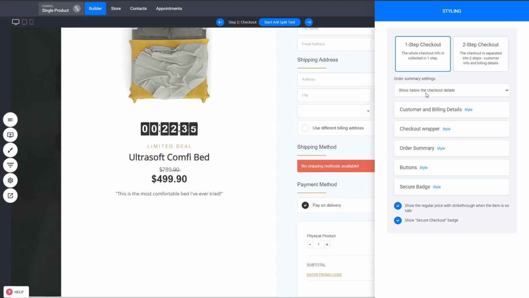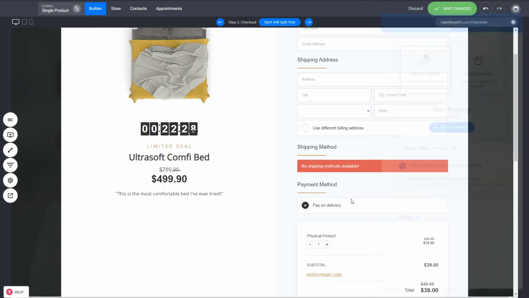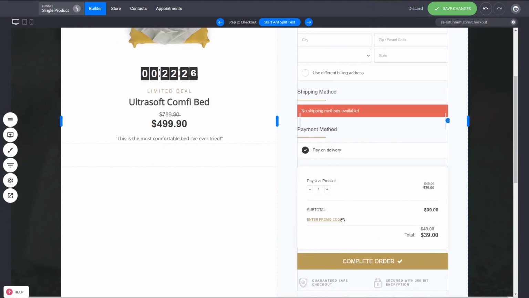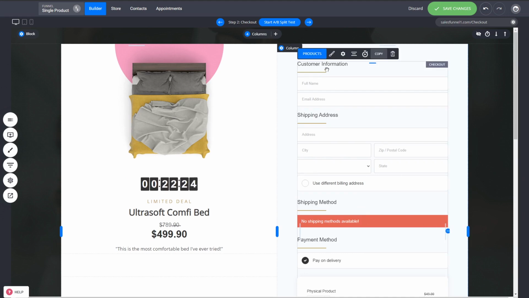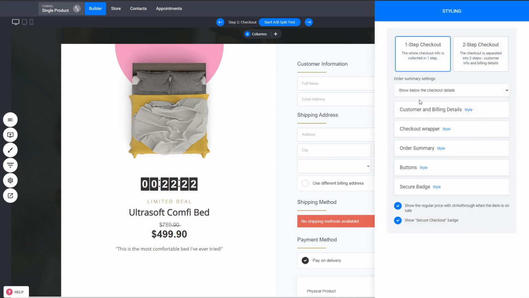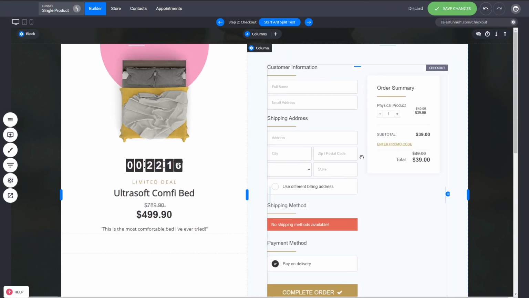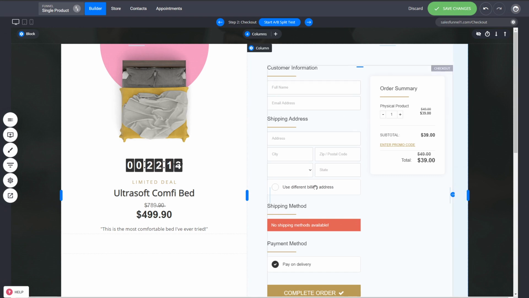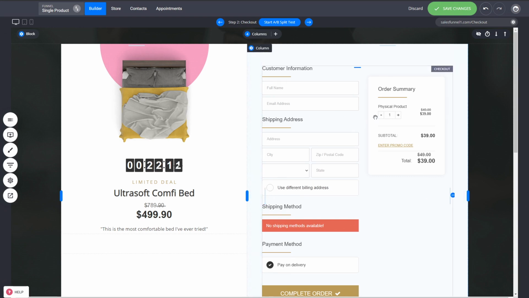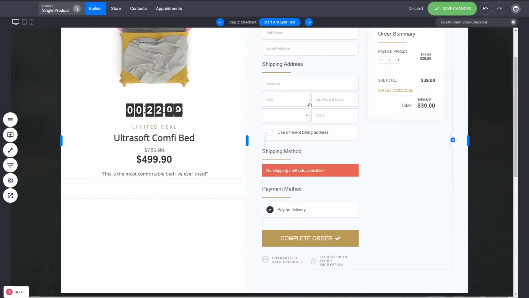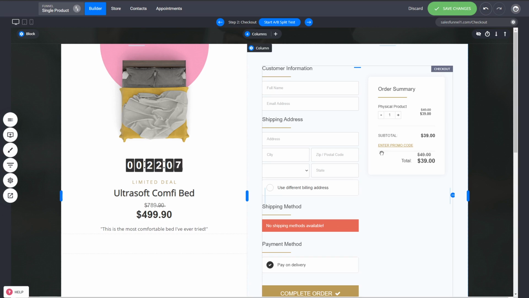The other option that you can do is the summary settings. So you have the 2 options, either to have it on the side or to be below. So right now we have the summary below. So it's like this. But if you want to have it on the side, let's just see how it looks. So we just applied it, and it's too narrow. So we can just assign here the size to be a bit more. More room to breathe,